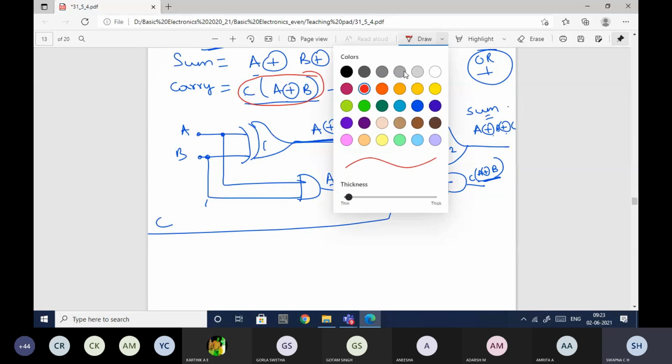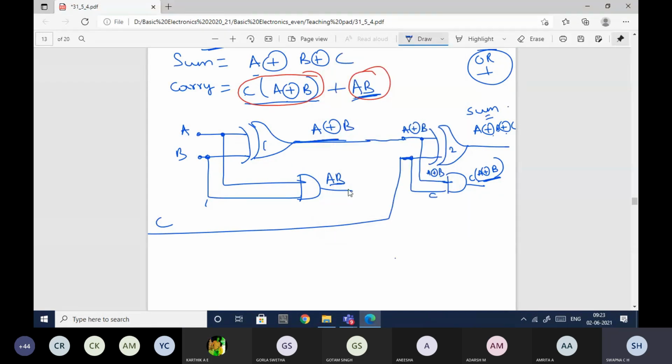So connect these two outputs to one OR gate. This is my AB, and this is my C into A XOR B, and this is my AB. Give it to the OR gate so that my output will be the carry. Carry will be equal to AB plus C(A XOR B).